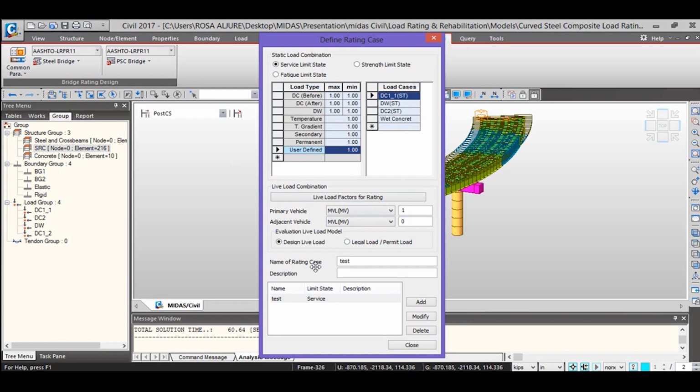And in this case, we're gonna use the design life load. Load rating. You give it a name and a description. In the case, let me just say service. In the case that you have it available, and then you can simply close it.